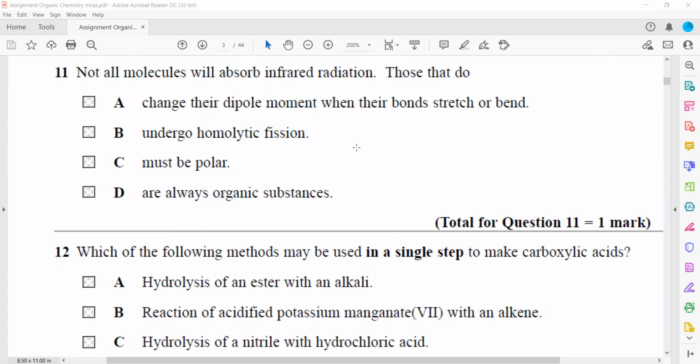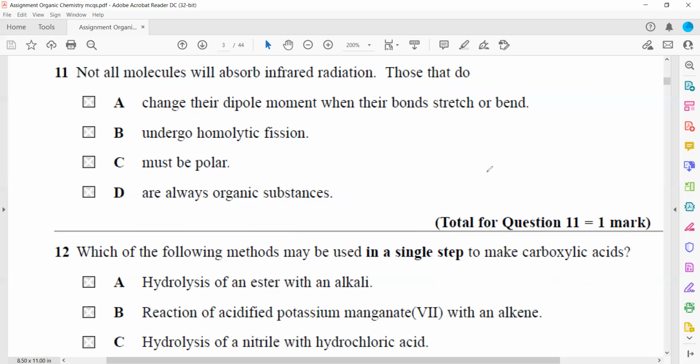Not all molecules will absorb infrared radiation, only those that do. So all molecules are not able to absorb infrared radiation, but those molecules which absorb, what should be the condition? Because when the molecule absorbs, they tend to bend and stretch. Like, for example,